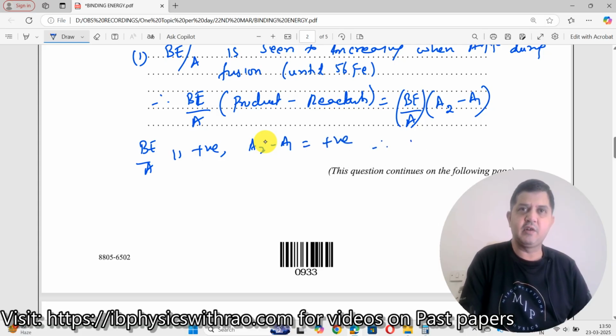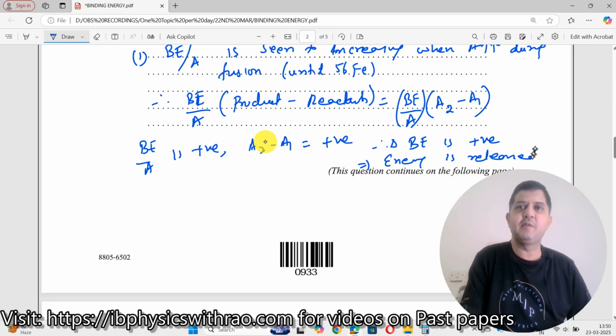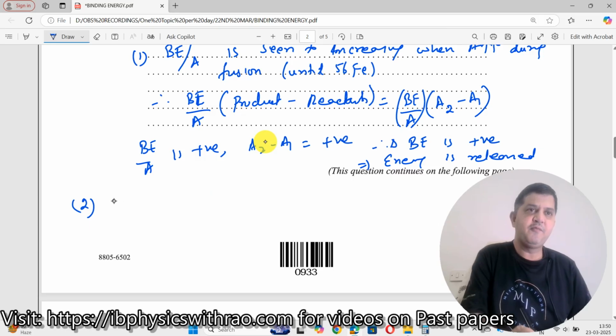Therefore, change in binding energy is positive, which means energy is released. This is what we can say. Now, let us look at the second one. So, we have proved it for fusion. Now, binding energy per nucleon for fission